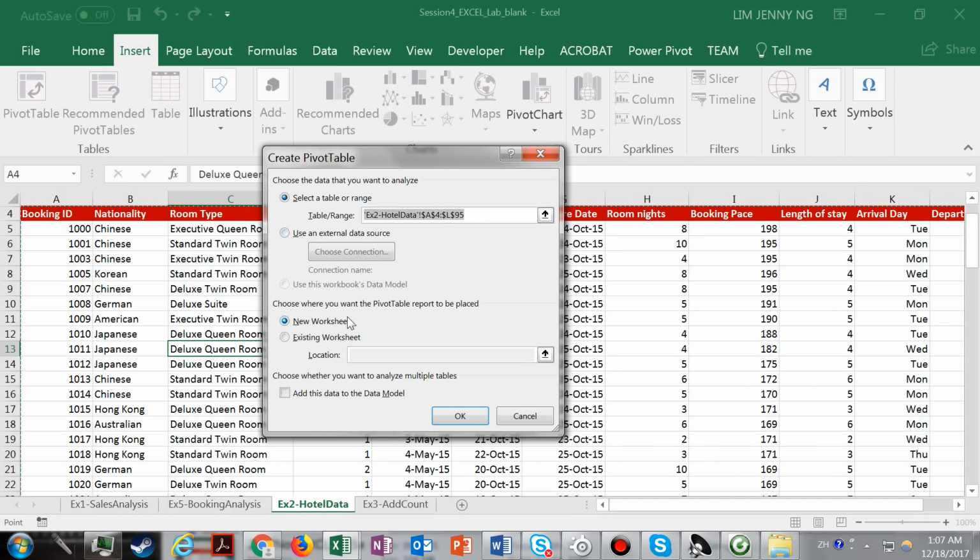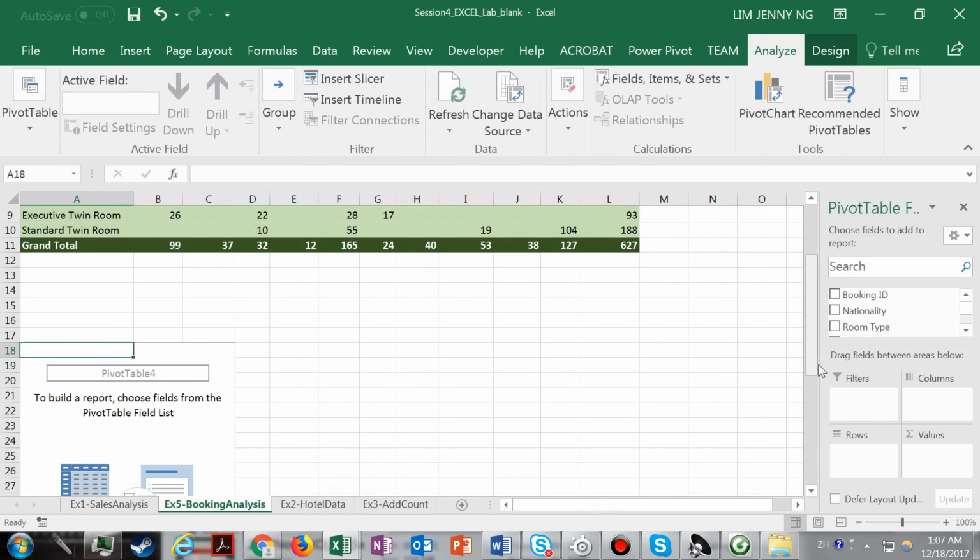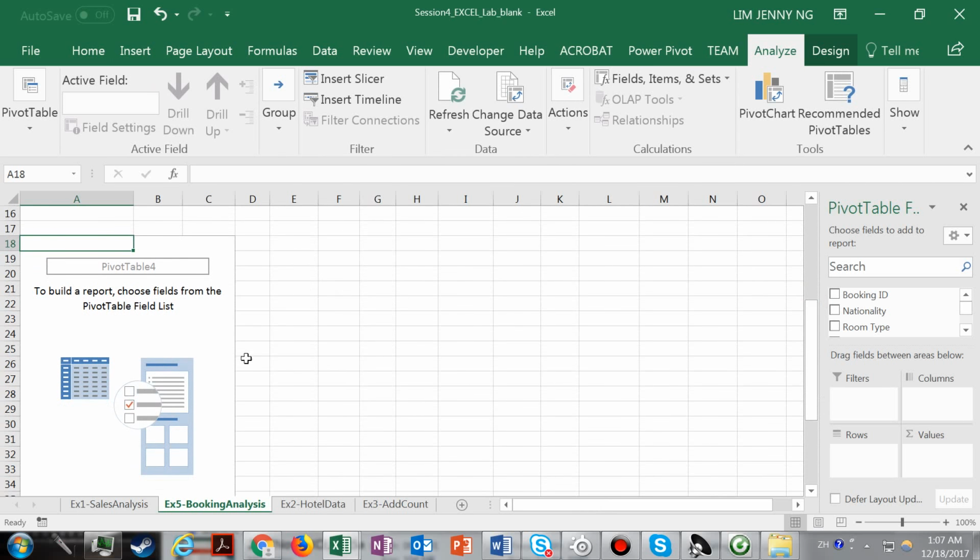And now we're going to put our pivot table report in an existing worksheet because we've already built EX5 booking analysis from our previous pivot table here, and maybe position the location around 6 rows after your previous pivot table just to make sure that they don't overlap, and click OK. So now here we have a second pivot table report layout, and here is the field list that we can